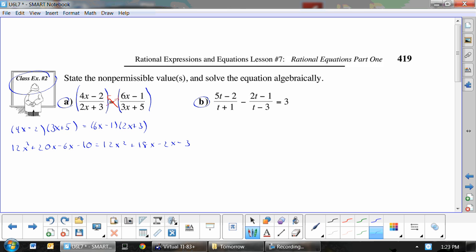Okay, so that works out really well for us, because then when we move all of our x's to one side, our x squareds will cancel out. Okay, so we'll get 2x, or actually, we have 20 minus 6. So you can combine like terms first, which is what we should have done. Reduce